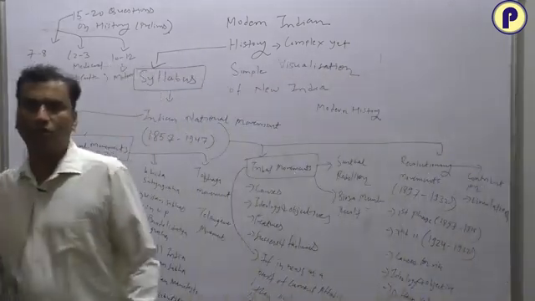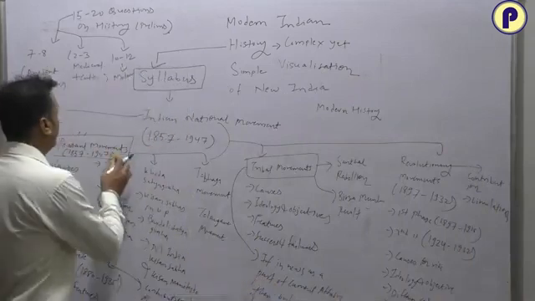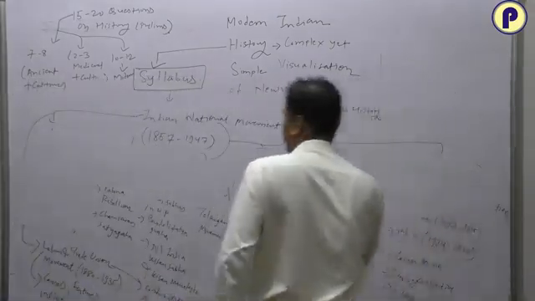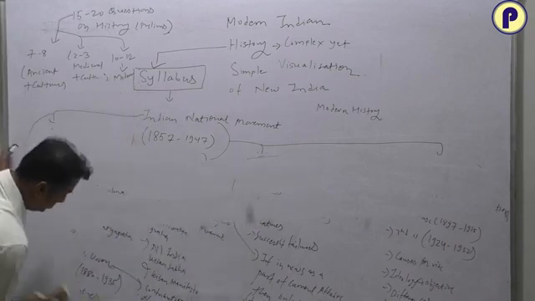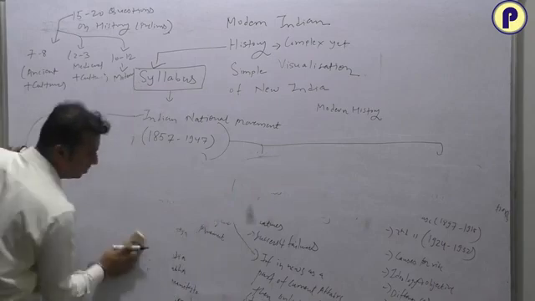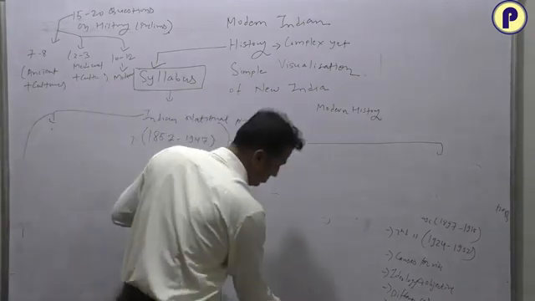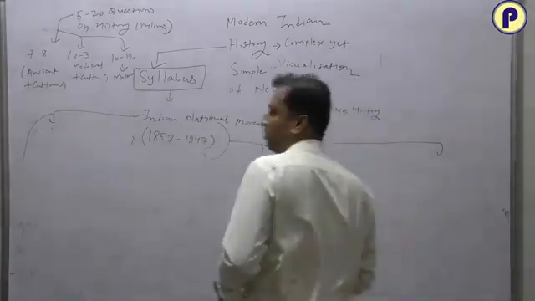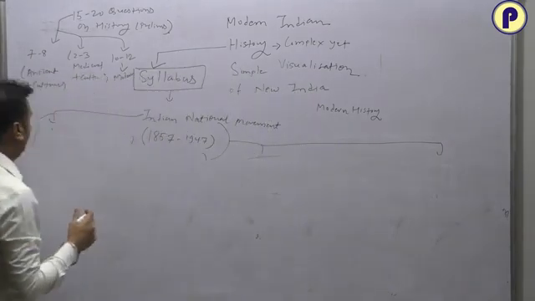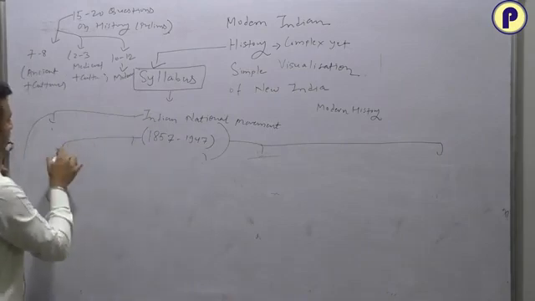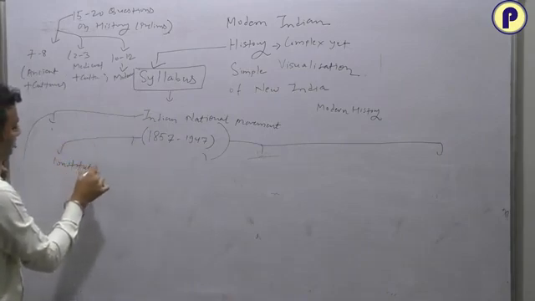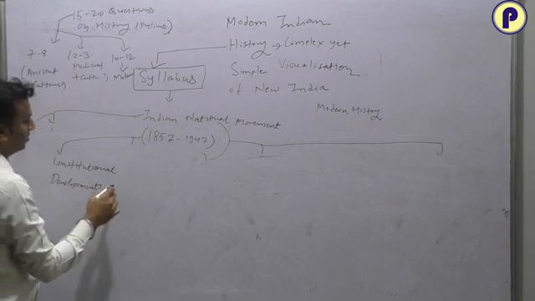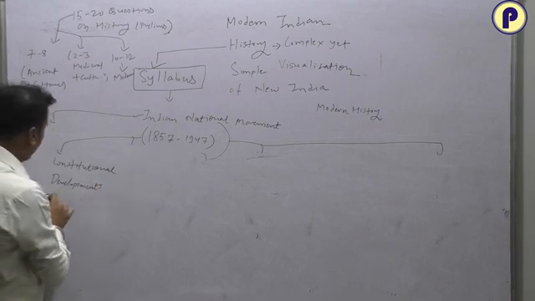And the last phase and focus that we have to go through as far as this 1857 to 1947 era is concerned is about constitutional development. So again you will see constitutional development. So we have Government of India Act,